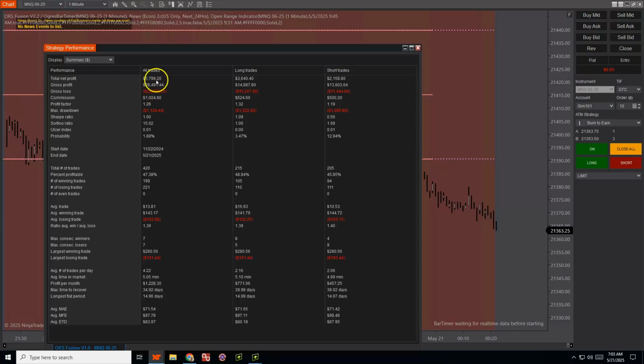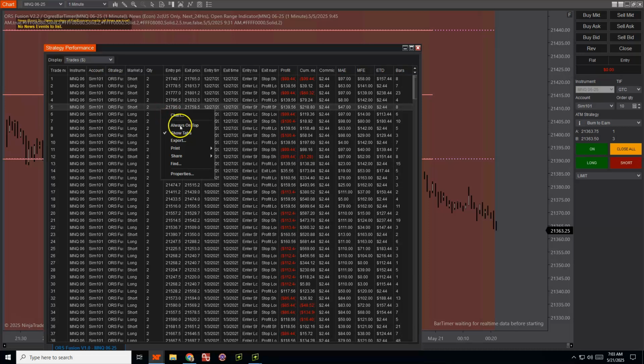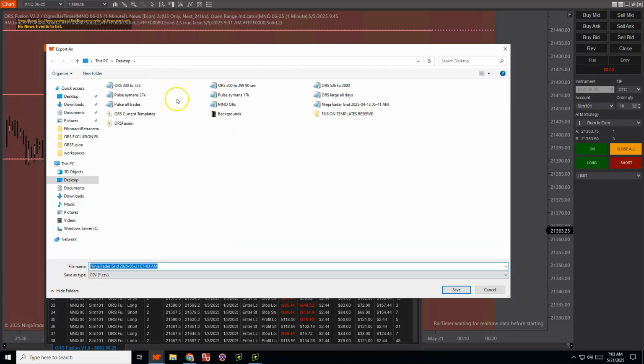That looks right. Yep. So $5,800 or so on the large template and $1,100 drawdown. This is a positive risk reward actually. So the win percentage here doesn't look as good, but somehow the profit factor is still fine. NinjaTrader does profit factor in a different way than a lot of other systems, just so you know. But you can see, yeah, it's a positive risk reward, so the win percentage definitely doesn't matter as much. So let's download these trades as well. Right click, export, and this is the large here, and save,